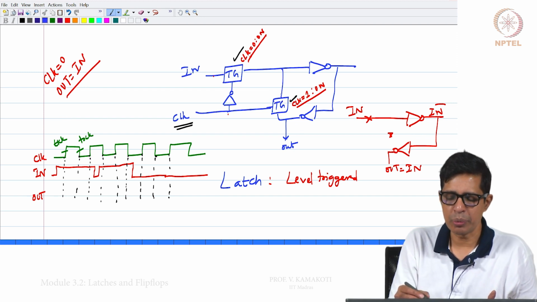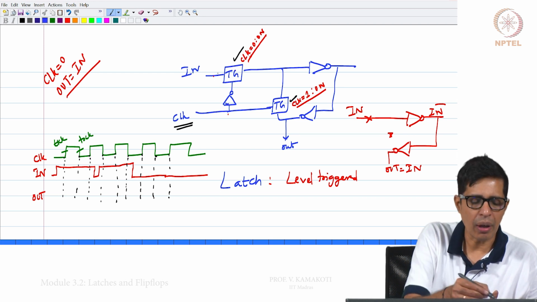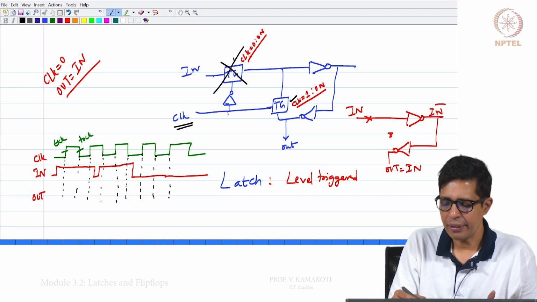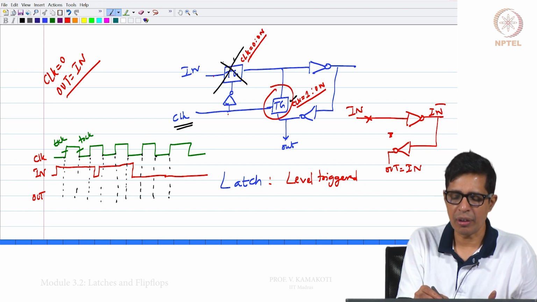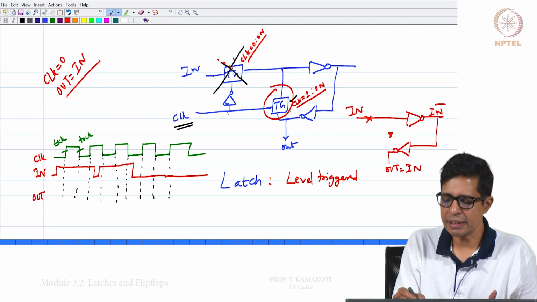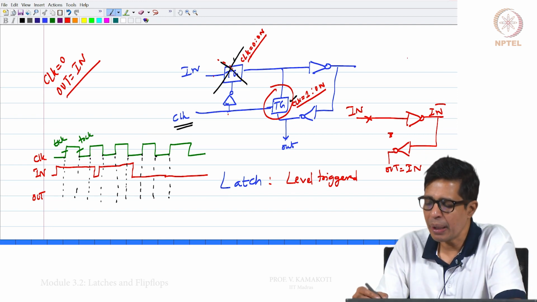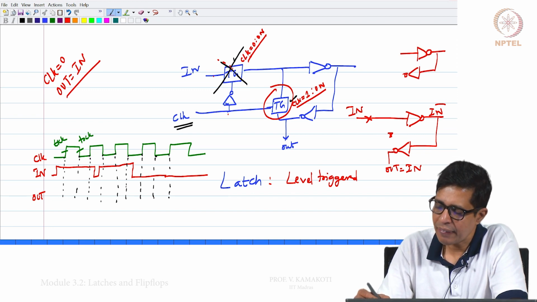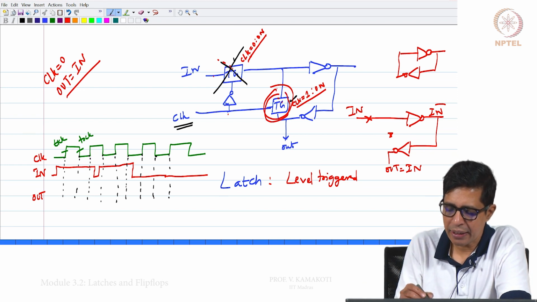When the clock becomes 1, note that this is 0. So, this TG gets cut off, whichever I have marked here, and the second TG actually gets on. So, when the clock becomes 1, the circuit is something like a feedback circuit, because the TG that I am showing in red here is a short when clock is equal to 1.